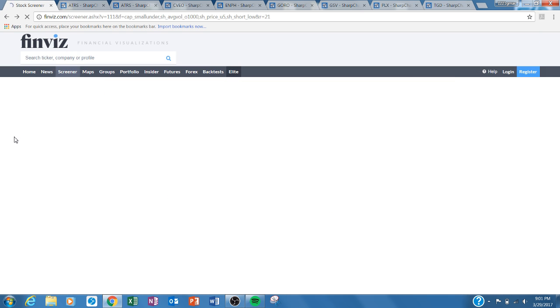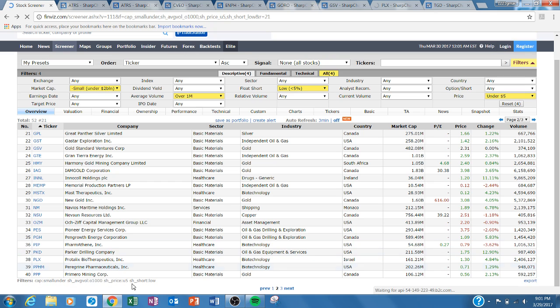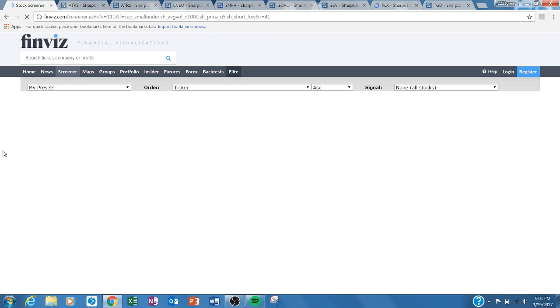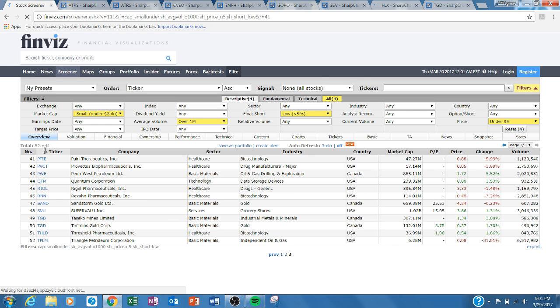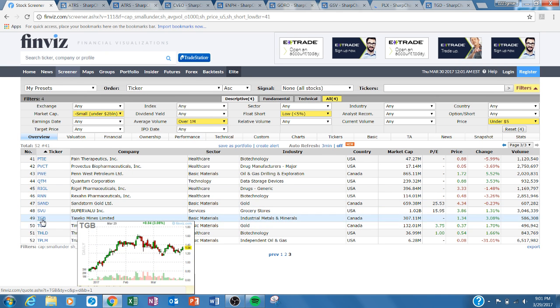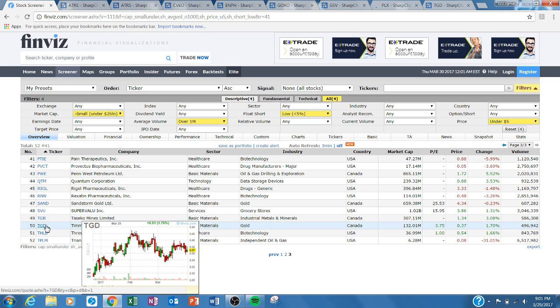And then the last one I wanted to show was on the next page. Yeah, so I ran through these, didn't really see much else. Then the last page here, it was TGD is what I saw. There you go. Sometimes these charts take a few seconds to load up. TGD,